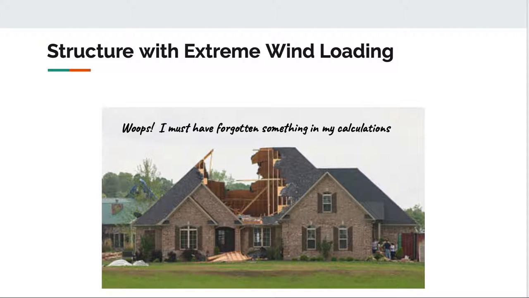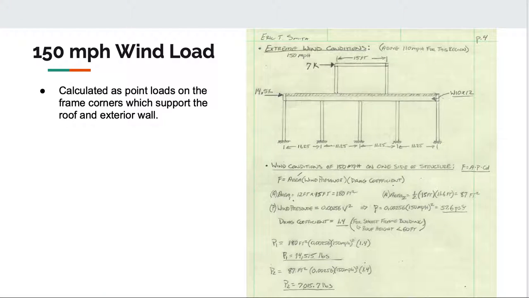And in the next few slides, we'll show the structure under extreme wind loading. This image here shows how the frame is put under load for the 150 mile an hour winds. This loading was taken from the ASCE 7. I think the maximum load, or the design load, is about 110 miles per hour, so we decided to bump it up to 150 for an extreme condition. And as you can see, the 14.5 kip and 7 kip loads were put on the frame, and this is how they will be